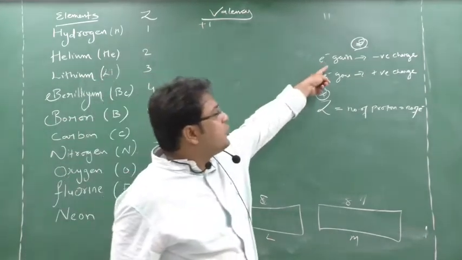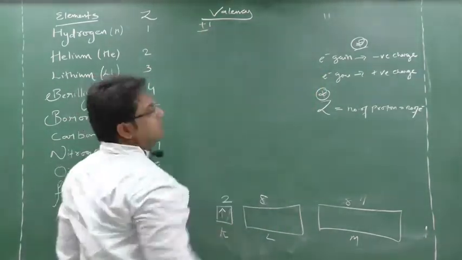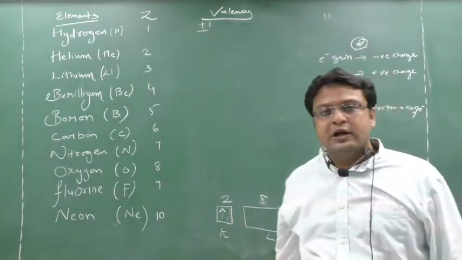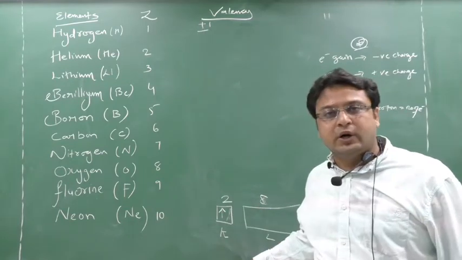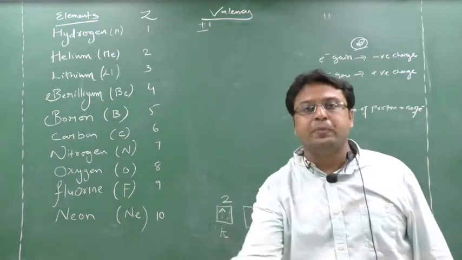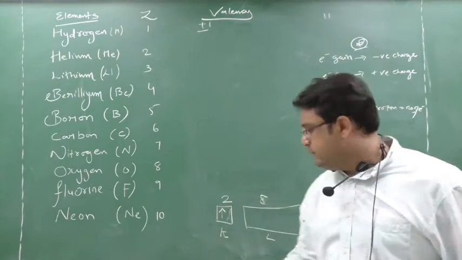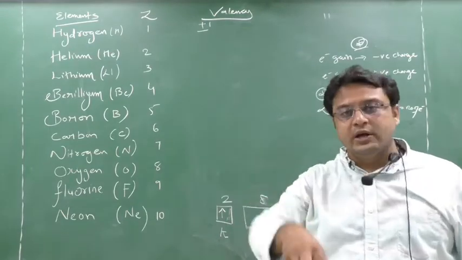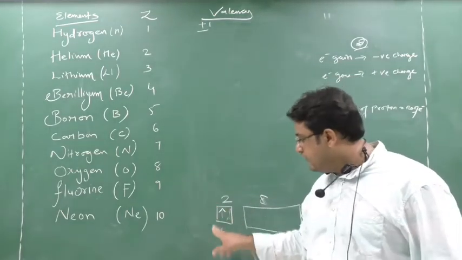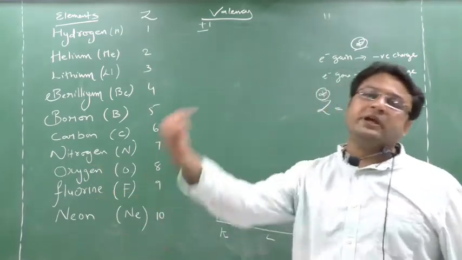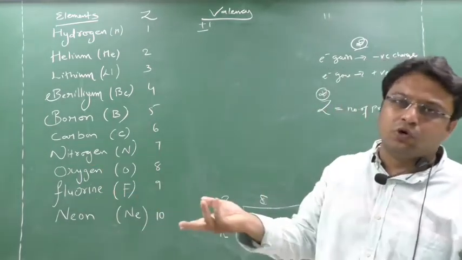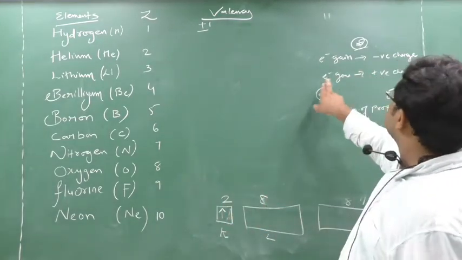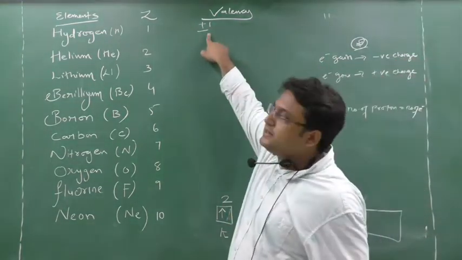If it is gaining 1 more electron, it can create a negative charge also. See, how many electrons does hydrogen have? 1 electron. Yes or no? Now this hotel person will tell this hydrogen, either you go or you bring 1. Why 1? Because the maximum here is 2. Hydrogen has only 1, and 1 more is required. So the hotel person will tell the hydrogen, either you go or you bring 1. If hydrogen goes, it doesn't want the room, it's okay, I am going. If hydrogen is going, how many electrons will go? 1 electron will go. Electron gone means positive charge, so positive 1 valency.